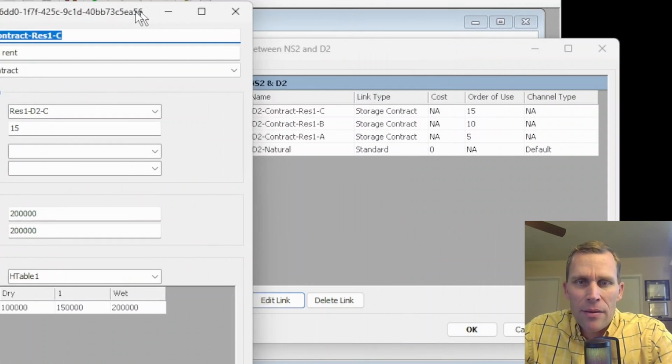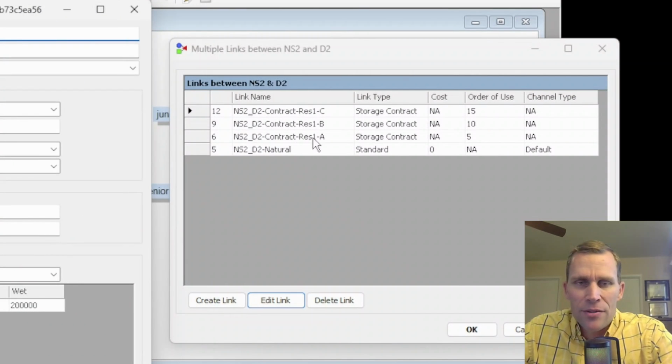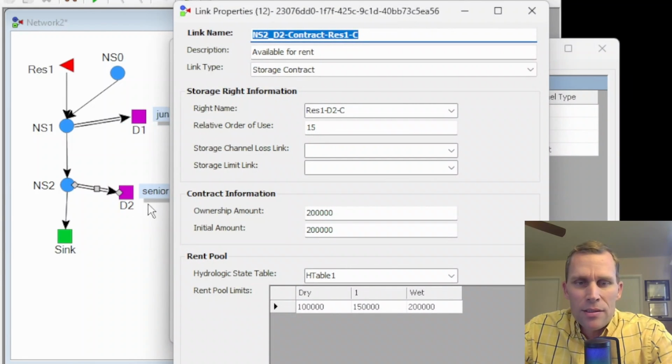So taking a step back, this owner is not willing to part ways with A or B, which is 500,000 and 300,000 acre feet for a total of 800,000 acre feet. But the remaining 200,000 acre feet, this owner at D2, demand D2, is willing to sell either 100,000, 150,000, or 200,000 acre feet of water,